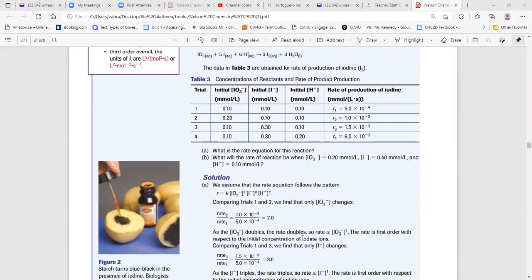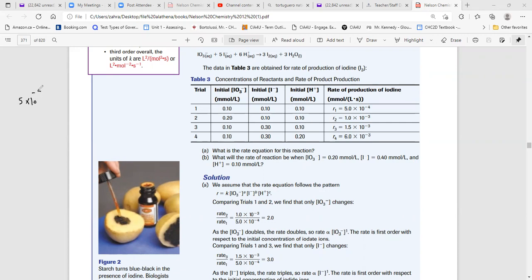So the same thing I did in the previous examples. We find the ones that have the same concentrations. See, for these two and these two are the same. So I take experiments 1 and 2 to find the power A. I'm taking these two. So the rate is 5